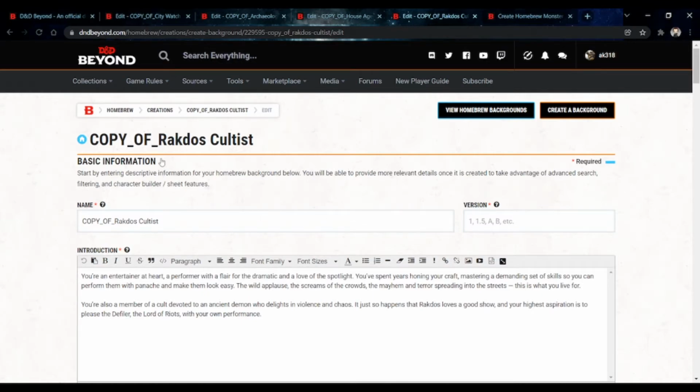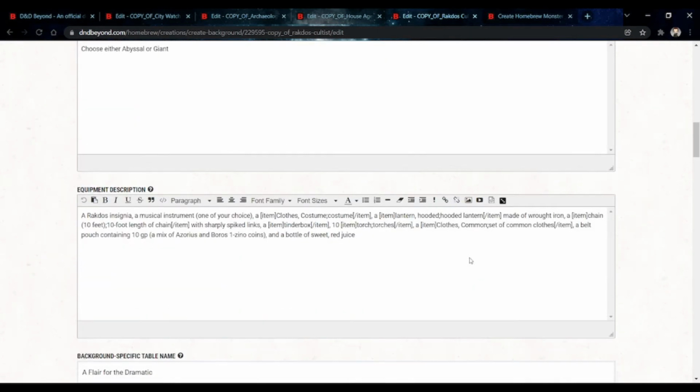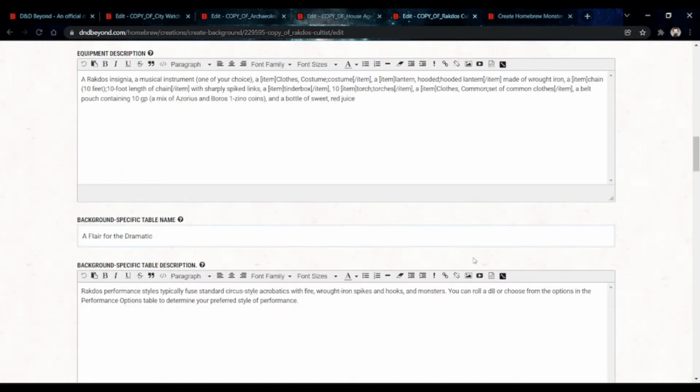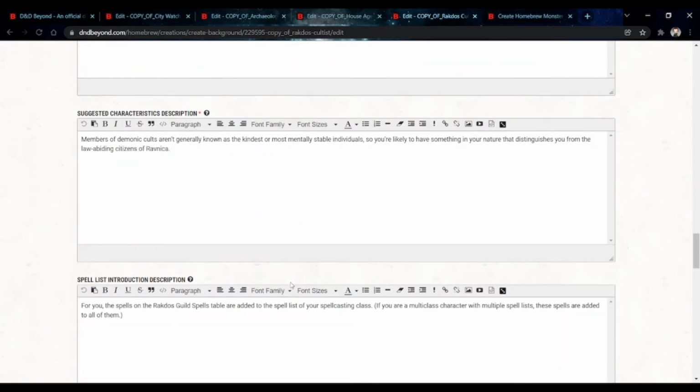So these were made for Guildmaster's Guide to Ravnica. Now there's a couple of things these do that most of the backgrounds do not do, but you might want to add in for your own characters, your own homebrew backgrounds,